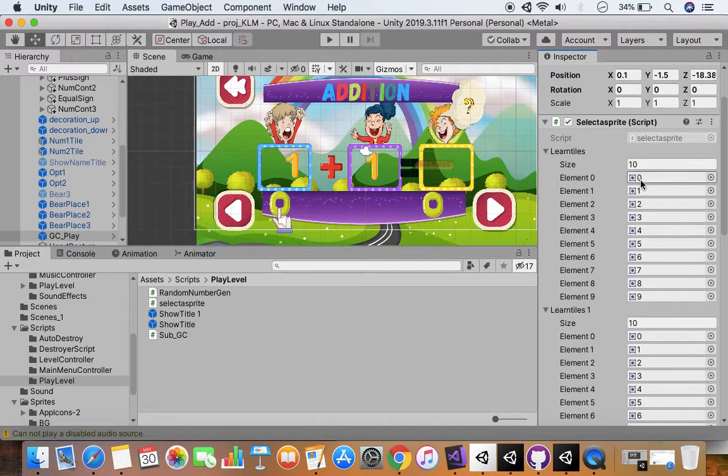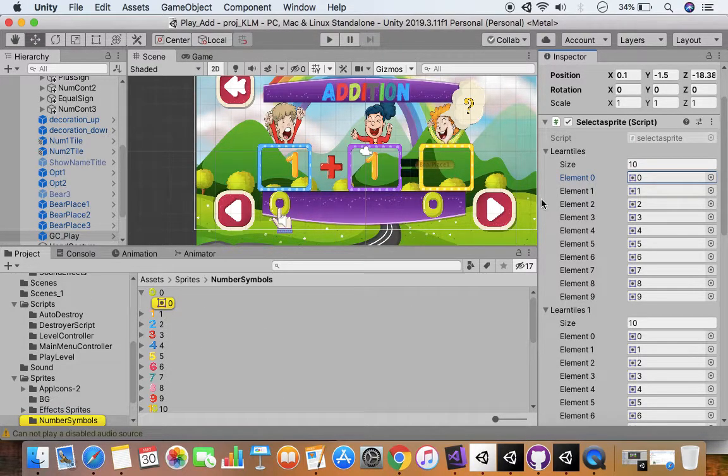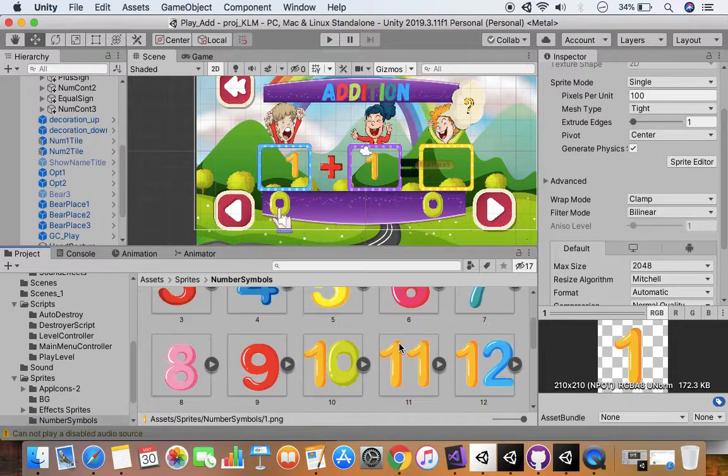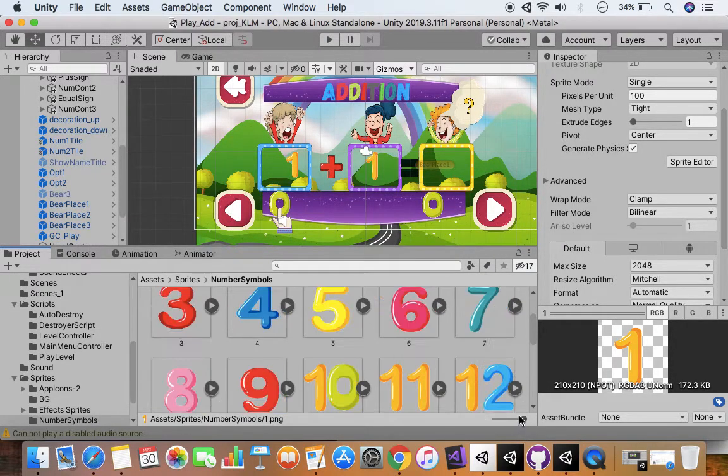So we have loaded it with 10 values. It is a 10-size array, 0 to 9, and I have taken the name of the number and named the sprite the same. So 0 will be seen by 0, and for 1, the name of the file is 1. I think you have got an idea.